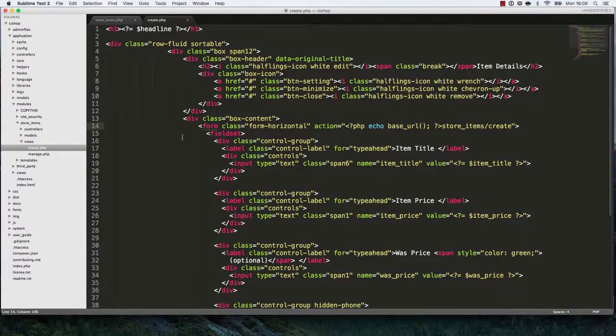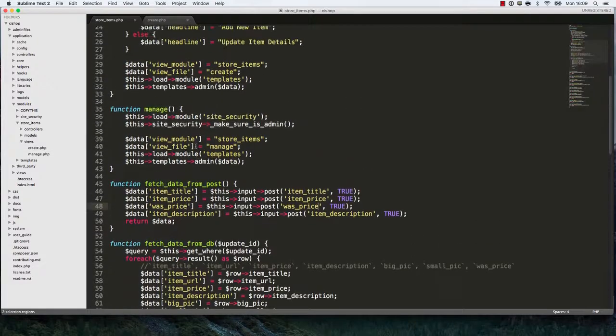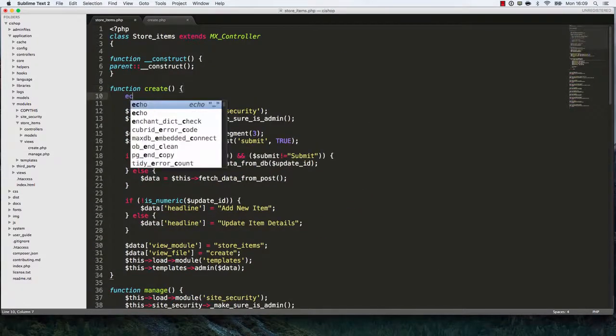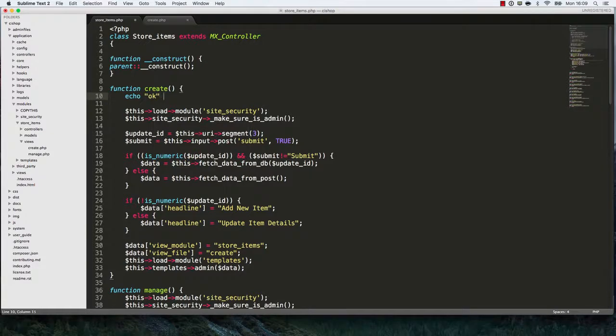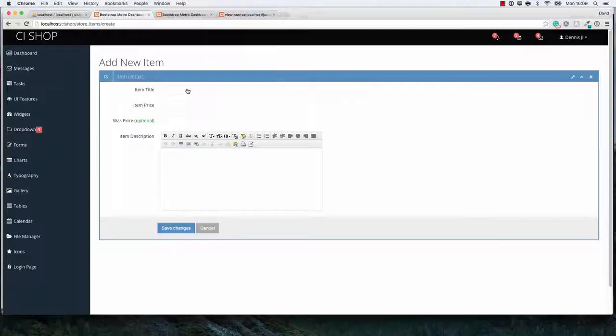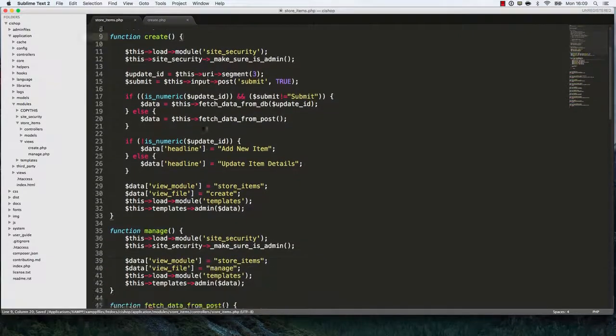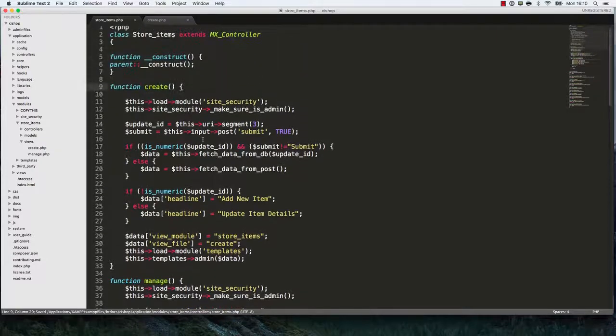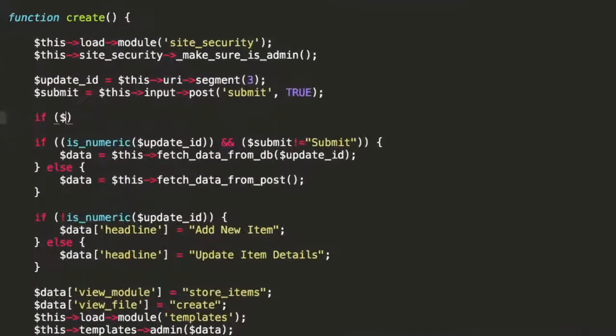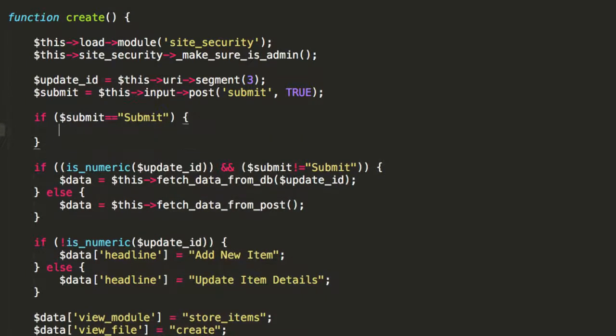In fact, just to prove that that's all working, we'll just say, oops, die. Here we go. So, oh gee, okay, it's going to work. Just trust me, okay? Right. So, we now need to say at this stage that if submit is equivalent to submit, then